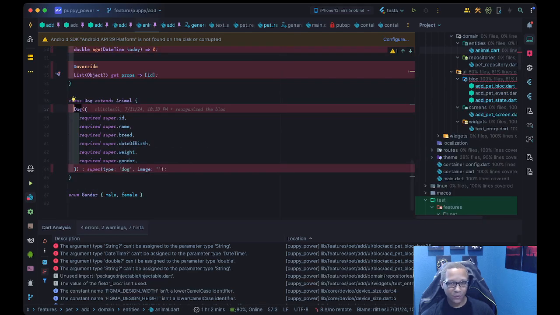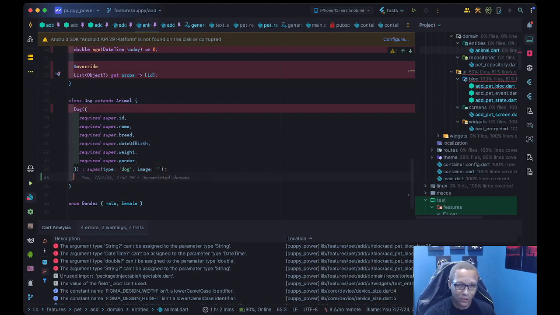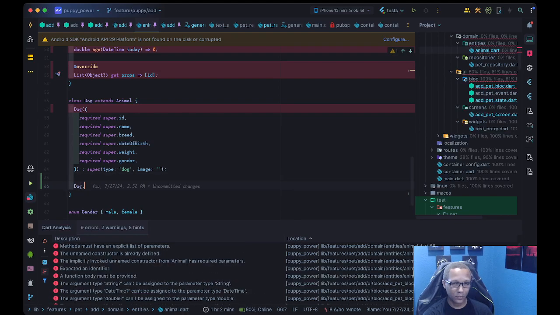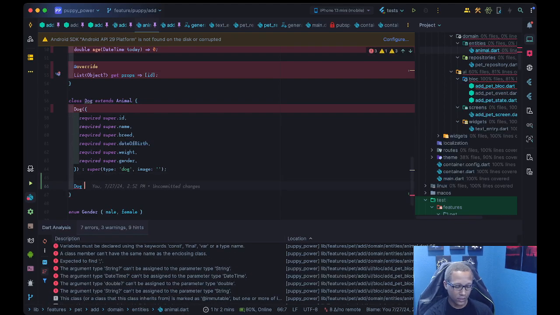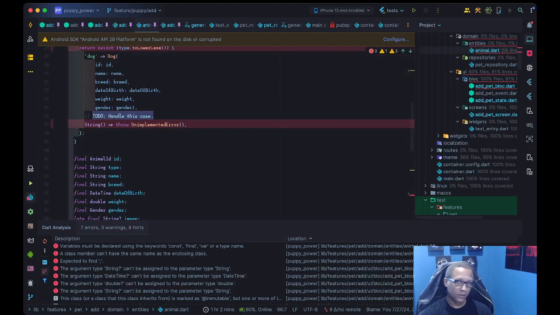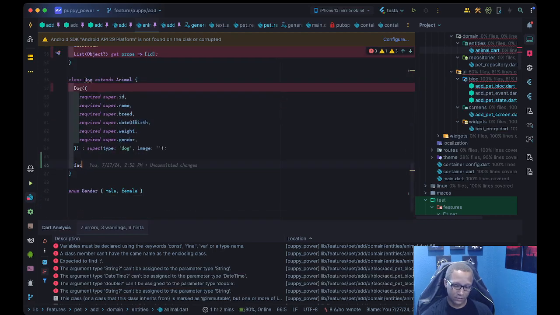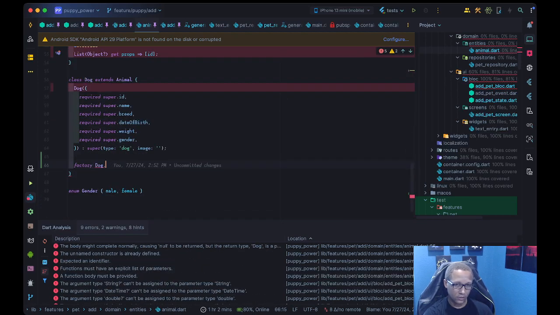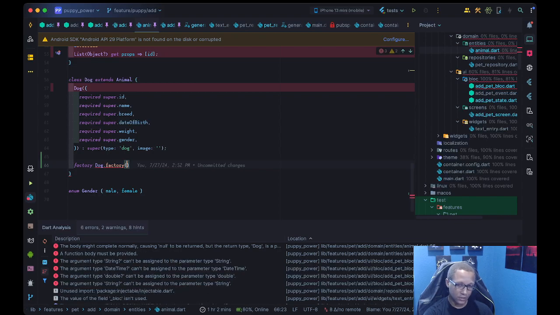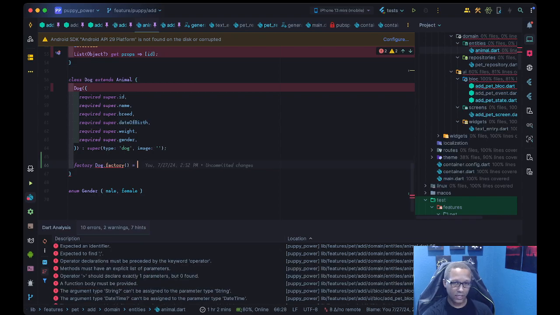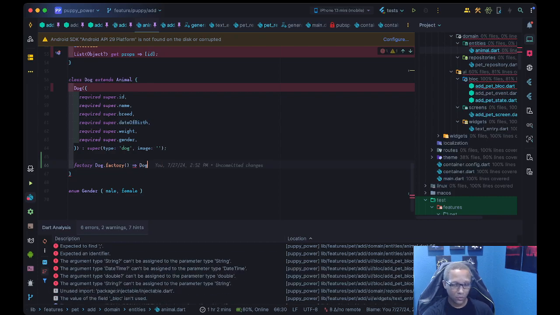I guess I would do like a dog factory of sorts, where, okay, so then maybe that's how you do factories, but I still think that creates an OCP violation, so I'm going to be wary of that, but we're just going to try this for now just to get moving. Dog factory, okay, I see how it's factory dog dot factory is going to create a thing with dog,